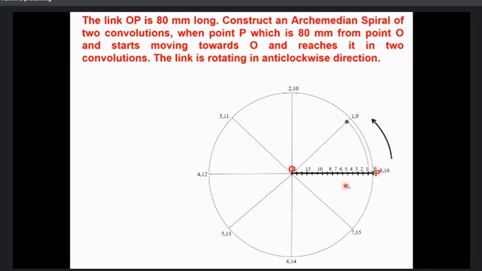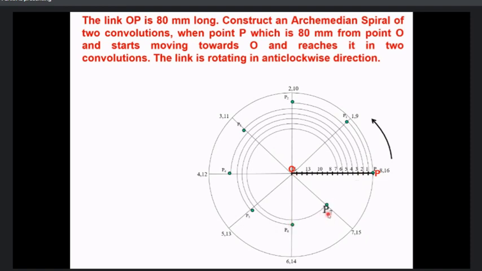Okay, and the same process needs to be repeated. So ultimately what I suggest is, numbering must always be done in the direction of the rotation. So definitely center is O, radius equal to O1, और देखो 1 कहाँ पे है, 1 यहाँ पे है तो 1 तक हमको लेके जाना है. Then you will get a P1 there. O and O2 as a radius, you will get a P2 there. O and O3 radius, you will get a P3 there, and so on.